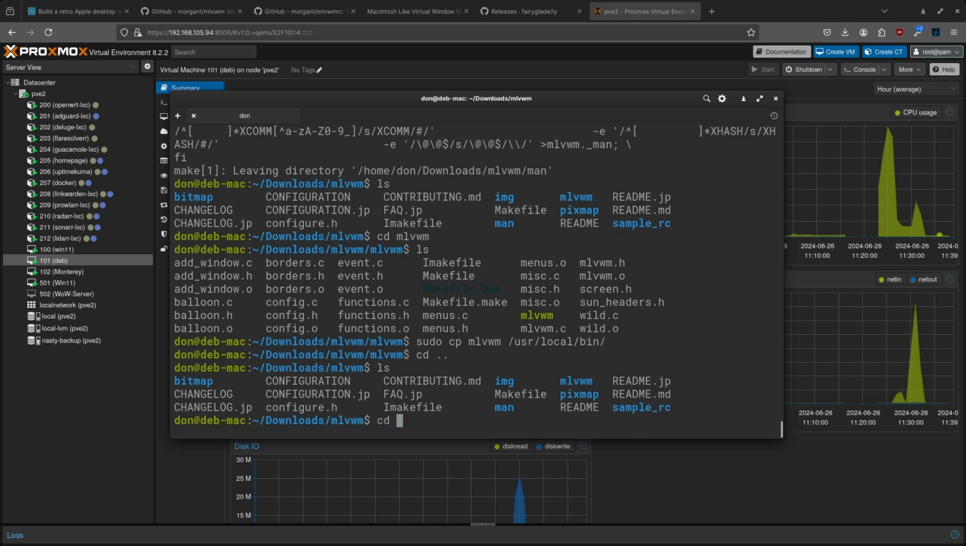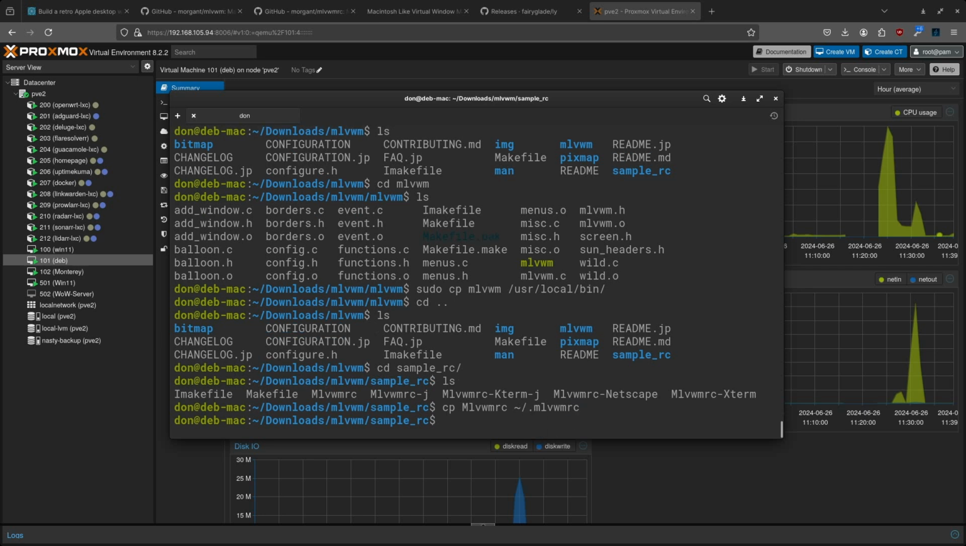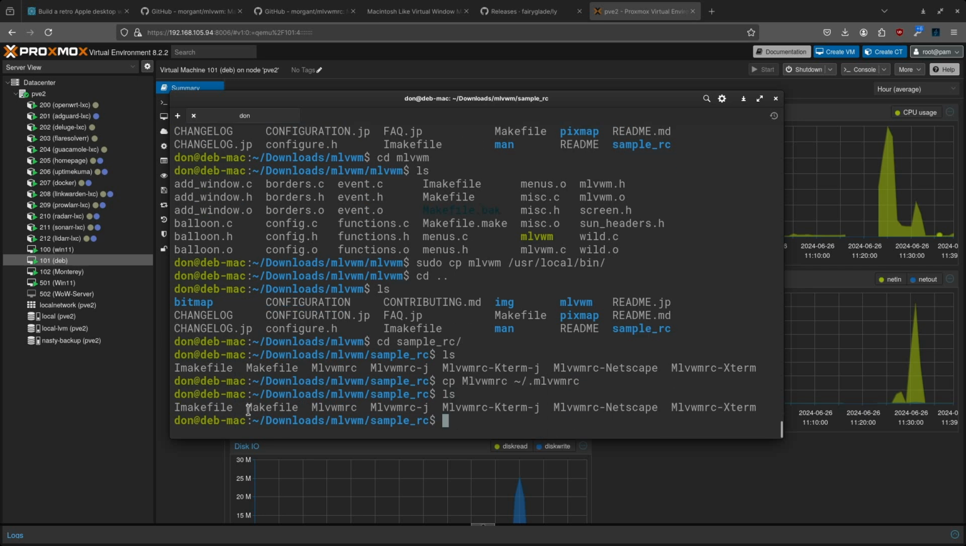So we're going to go into sample RC and cp this one, mlvwmrc, over to our home directory as .mlvwmrc, all lowercase, like that. We also need to copy two other files because this sample file will call for the Netscape